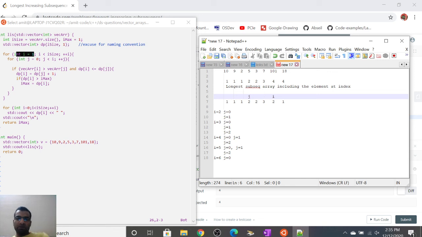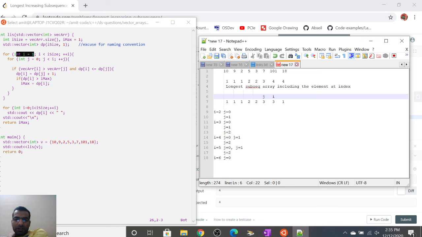j comes here. So now in this case, till 5 we have an increasing subsequence of length 2, and by adding 101 we'll have an increasing subsequence of length 3. Okay, let me just add it. It becomes 3. So increasing subsequence will be what? Till 5 it's length 2, 2 and 5, and including 101 it will become 3. So now j comes to here. So again the second condition is not met. So now j comes here.